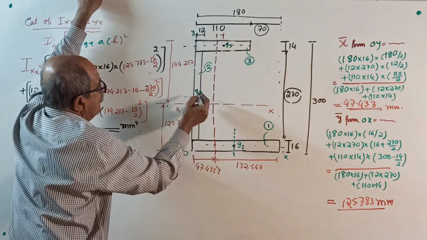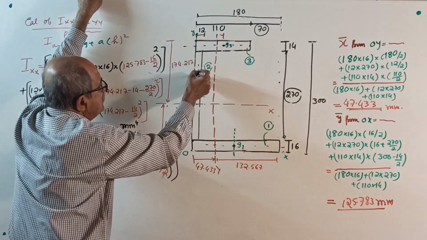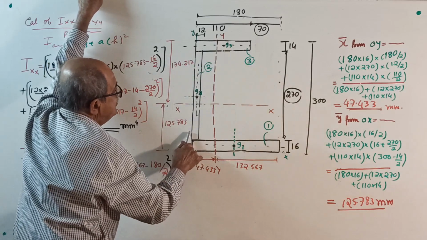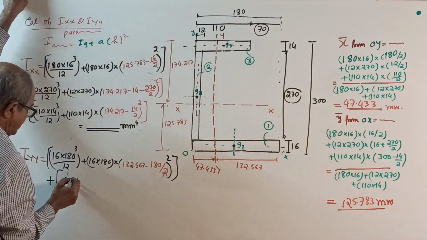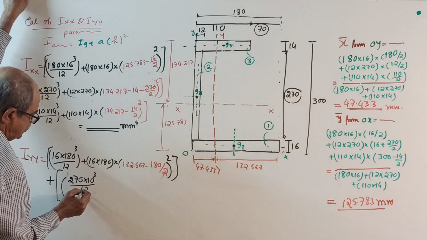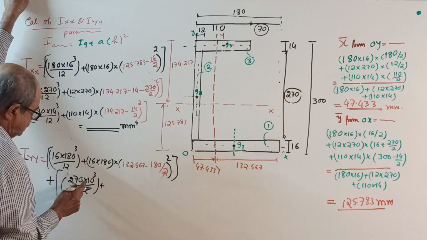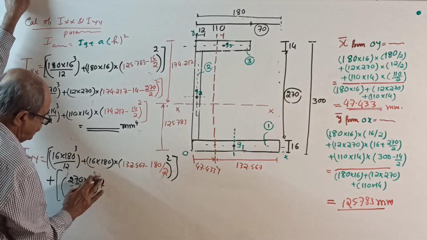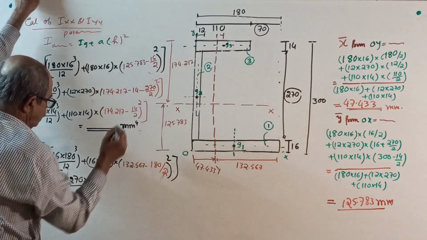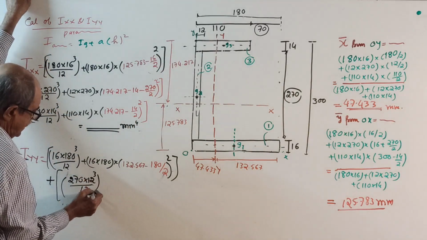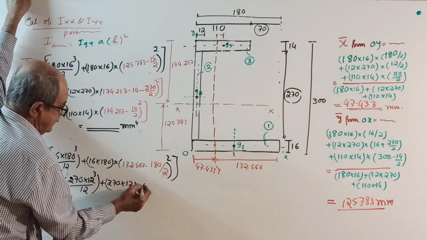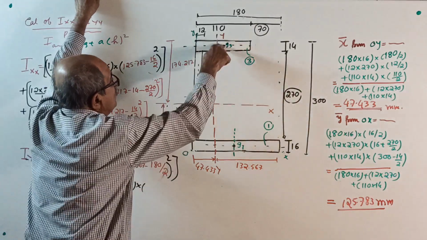I about YY. First, about its own centroidal axis, but it should be parallel to YY. Then the parallel side is 270, the other is 12. 270 into this is explained 100 times. No one should ask, sir, why is it this to that one? Plus 270 into how much? 12 cube, not 10 cube. Suppose by chance such a mistake happens, later you change it to 12. Don't make an issue. 12 cube by 12 plus 270 into 12 is the area, into the distance from centroid to YY,